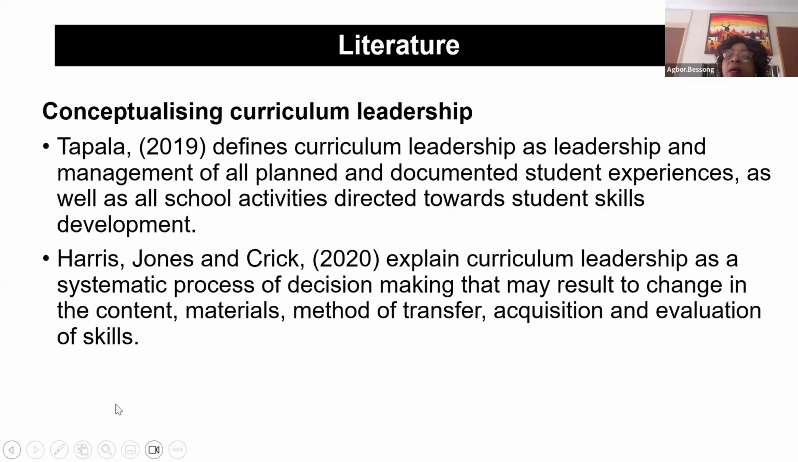The guiding definition that this study used was that of Jones, Harris, Jones, and Craig, which says that curriculum leadership is a systematic process of decision-making. Decision-making because in order for a leader to participate or to be a leader, that leader must be involved in taking decisions. And how then do principals of schools ensure or create the opportunity for teachers to perform the role